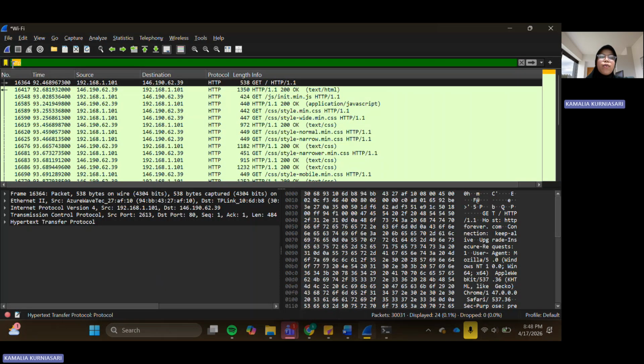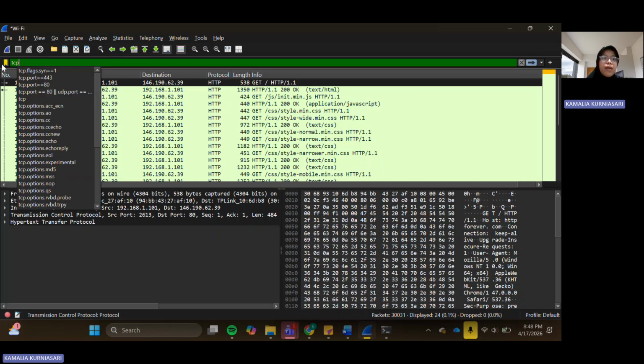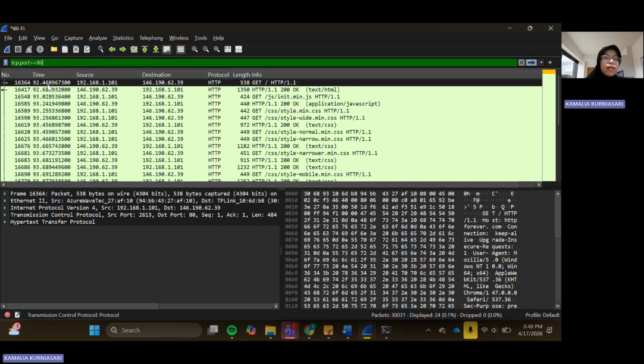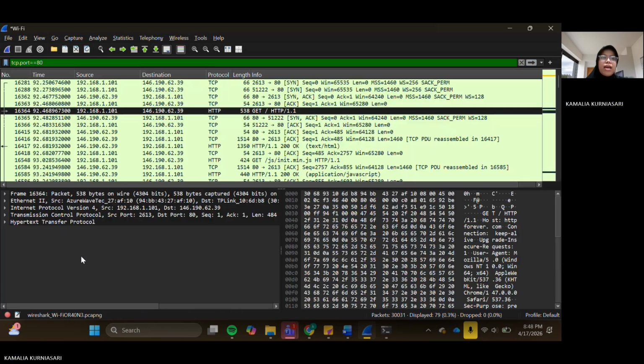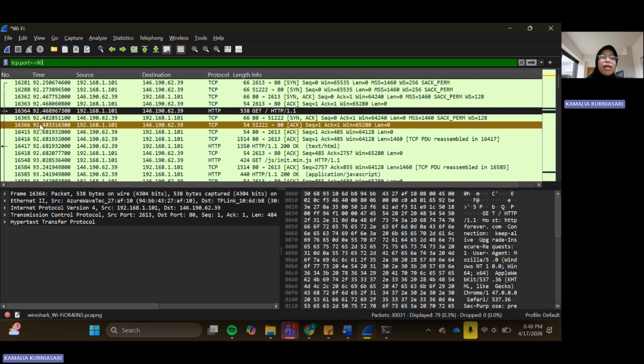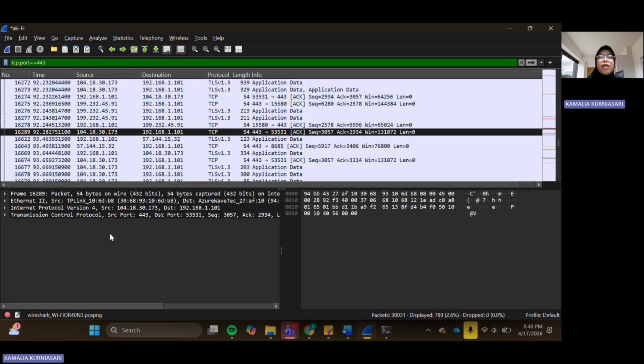Next, we used tcp.port equal 80, and then for 443. This filter is used to display traffic on ports 80 and 443, which are commonly used for HTTP and HTTPS communication.